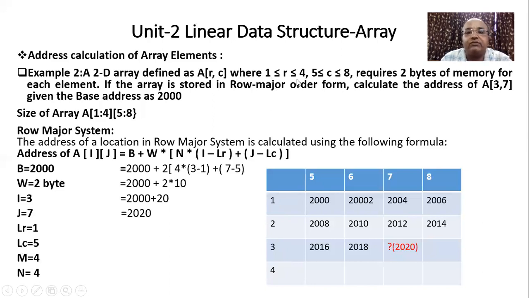Similarly, if you observe the range of column that is given to you, that is 5 less or equal to c less or equal to what? 8. So now the column index will start from where? 5. The next column index will be what? 6. The next column index will be what? 7 and 8. Up to 8 we have to go. If you count, similarly we'll have a total number of columns 4, 5, 6, 7 and 8. That is the range of index for a column. So similarly the number of columns will be what? 4. So this is the way by which we can derive m is equal to 4 and n is equal to what? 4.